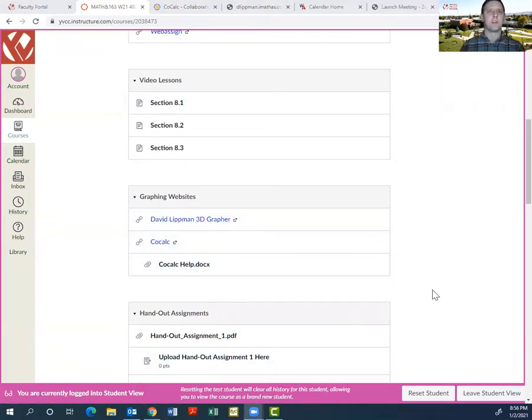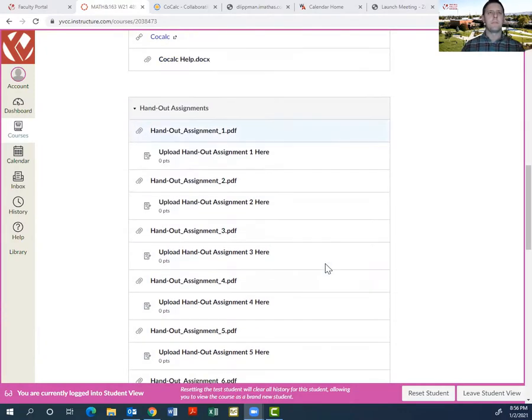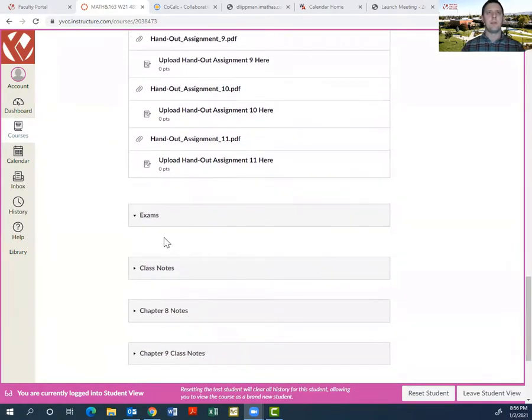One last thing I almost forgot is to talk about exams. There's not much to tell at the moment, right? Right now I just have a little block, and this is where exams are going to go. You don't see anything there yet. I'll record a different video in a week or maybe 2 weeks from now, as we get closer to our first exam, that describes the procedure for taking tests and all that.